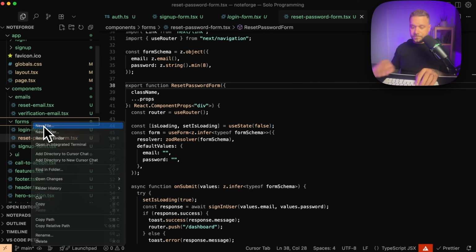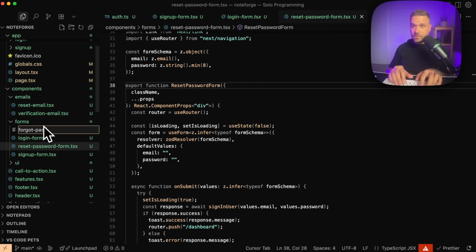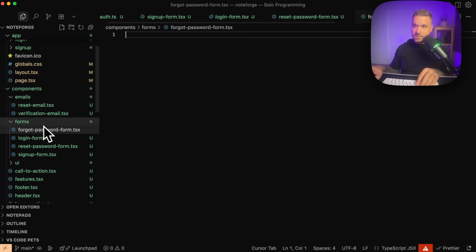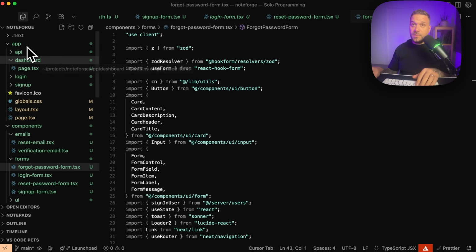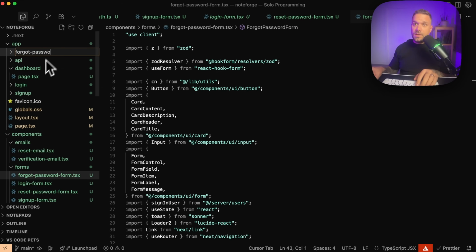And the other one is the forgot password form.tsx, and also copying it here and now changing the name. And now for each of these forms, we need to create separate pages. So here we're creating forgot password and inside